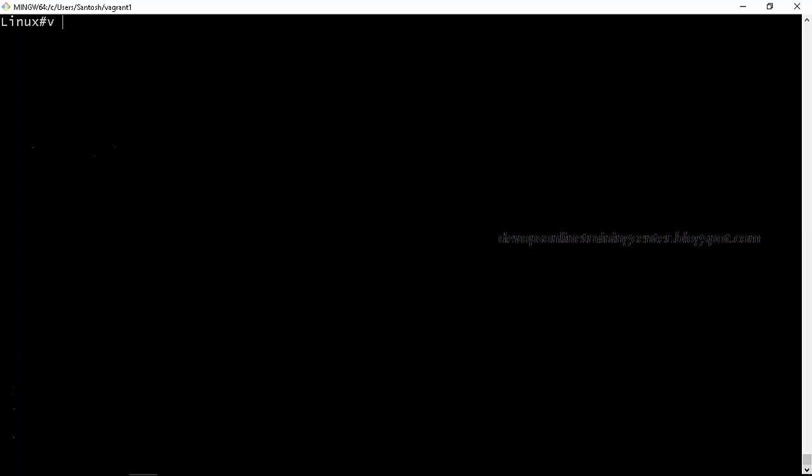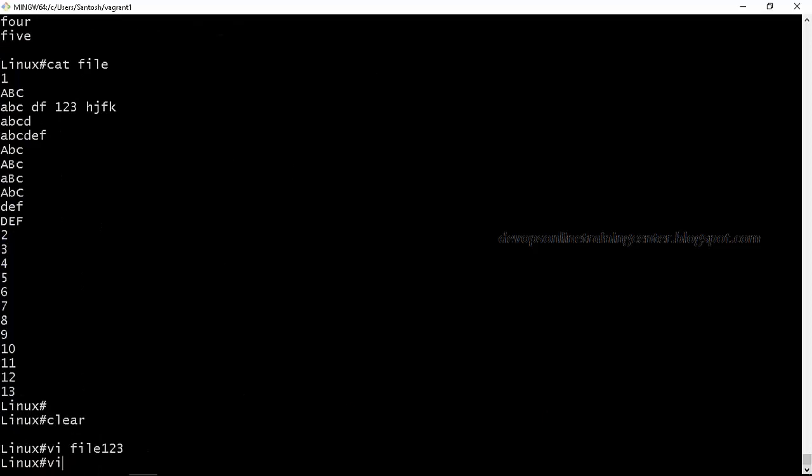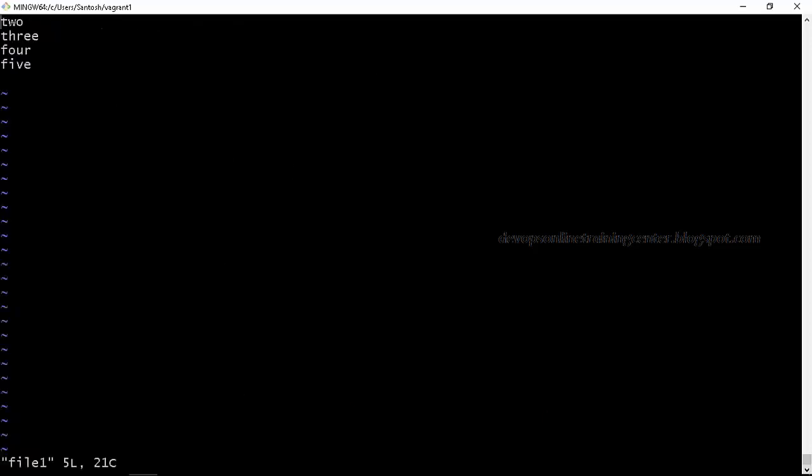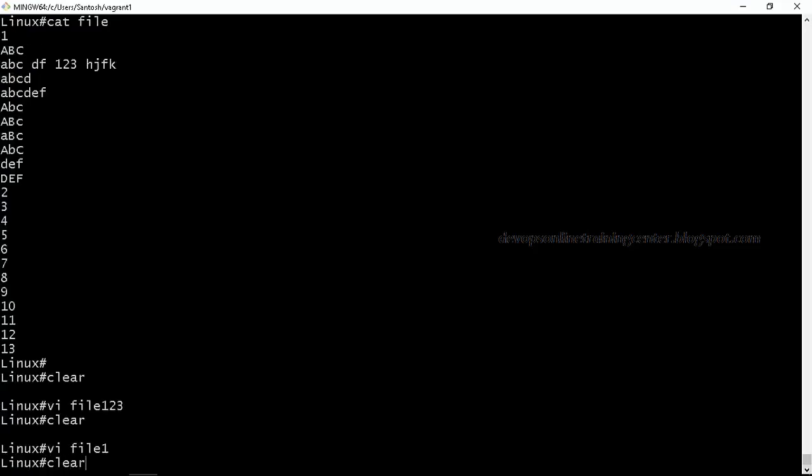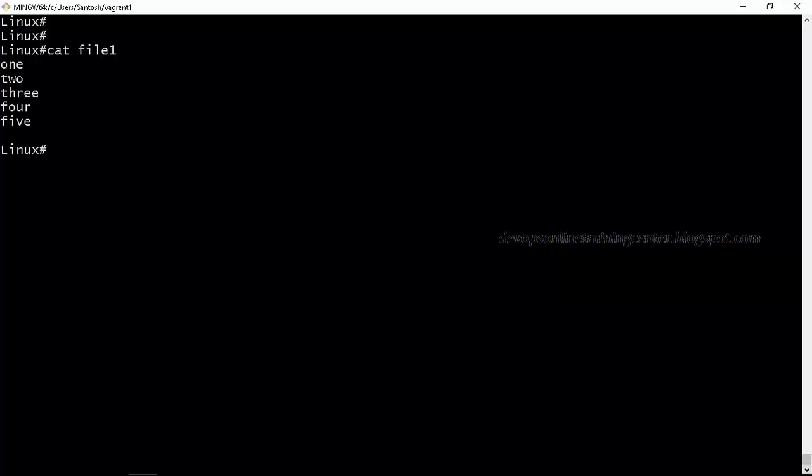So you have a file. What is the file we created? I'll create a new file. Okay, this is the file. So I have content like this, and let us say I want to delete the third line, right? These are the contents. And if you do sed 3d file1, the third line will be deleted. Okay. And these changes are temporary. If you want to make it permanent, you have to use -i.